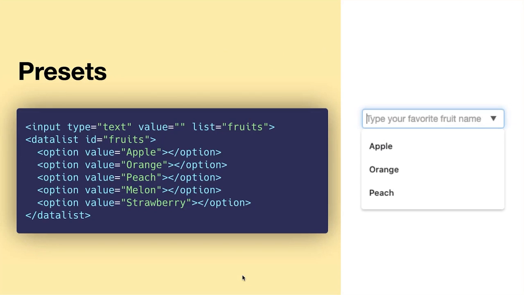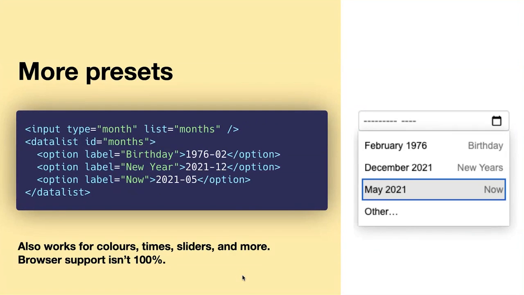But most of the other controls are actually quite usable, and there are things you can do with them and others that you may not be familiar with. So this is a data list. This is a handy accessibility aid where you can actually allow people to select preset options. These are not forced, so they can type in whatever they want. But if you've got text and you're using some kind of JavaScript widget or whatever to do this, you may not know there's a native solution, and it's pretty great. It works on all the major browsers. It's super accessible. It's well thought out, etc.